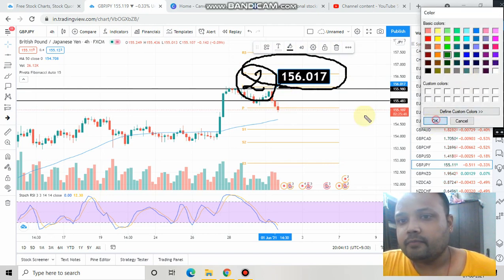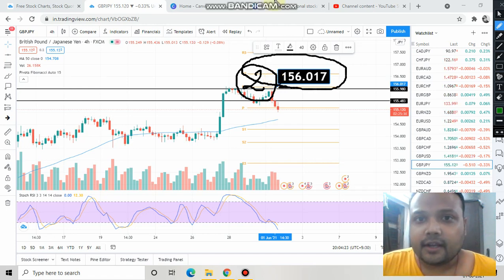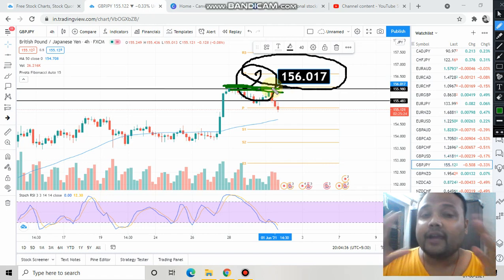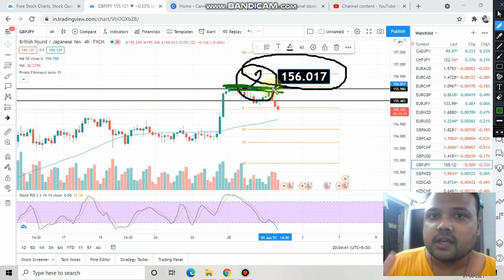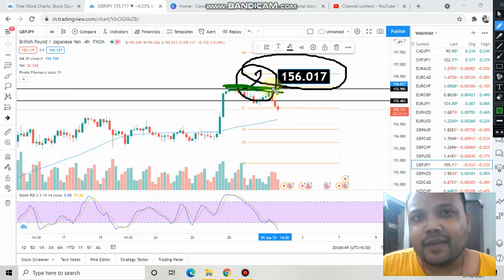Let's assume the market crosses this level, then you need to wait for 4 to 6 hours and observe the price. As I always say, confirmation is extremely important, and here also you need a confirmation. If the market crosses this level, do not buy blindly. Wait for the market to trade above this level comfortably for 4 to 6 hours. Try to read the chart, try to understand the market emotion. If you see that after 4 to 6 hours the market is trading comfortably, price is not struggling, then you will get the confirmation that